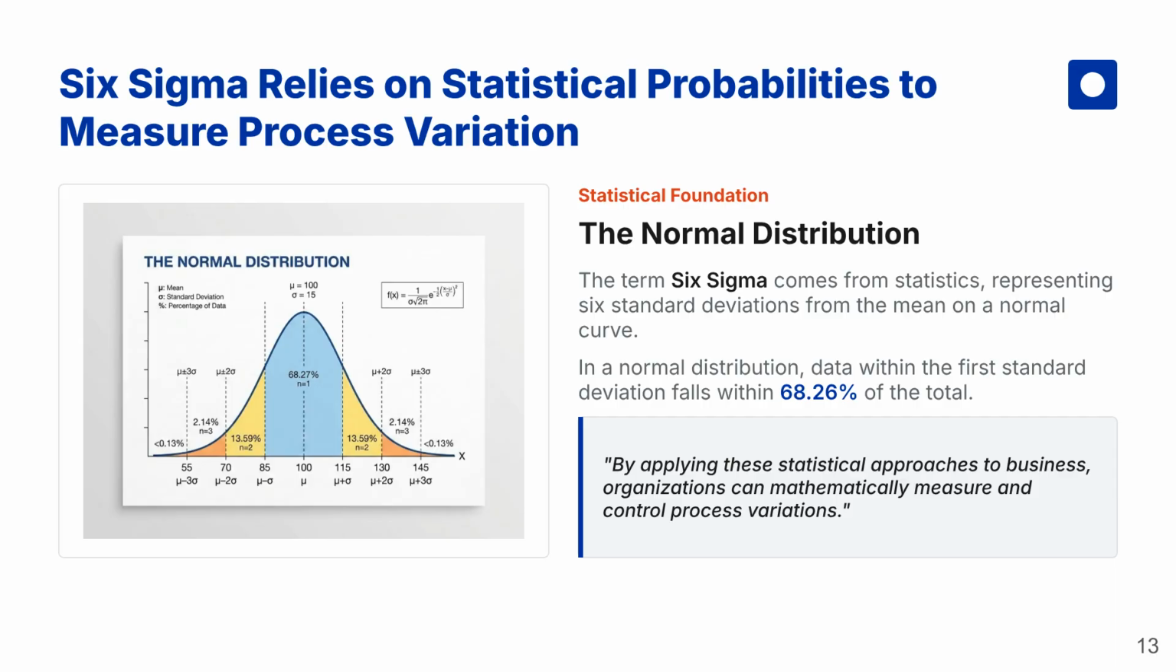The same principle applies to service industries. For example, a bank can analyze variations in loan processing times or transaction errors, and use Six Sigma methods to make its services more consistent and reliable. The key takeaway is that Six Sigma transforms quality improvement into a measurable, data-driven process. Instead of relying on guesswork, organizations use statistical analysis to control variation, reduce defects, and consistently deliver high-quality products and